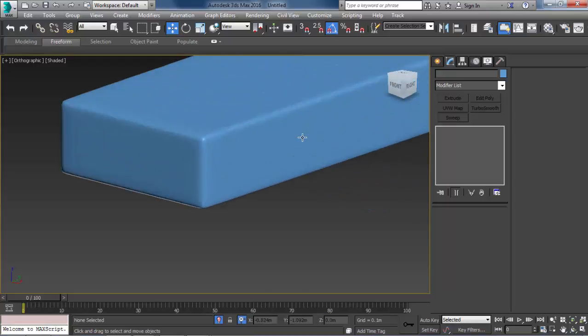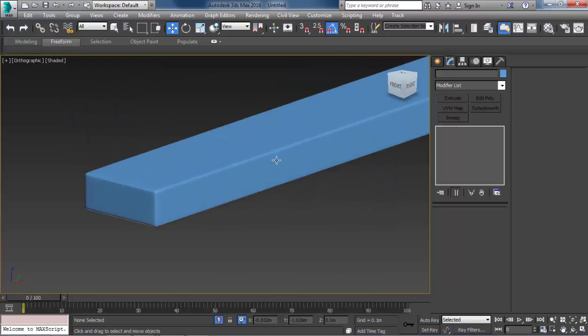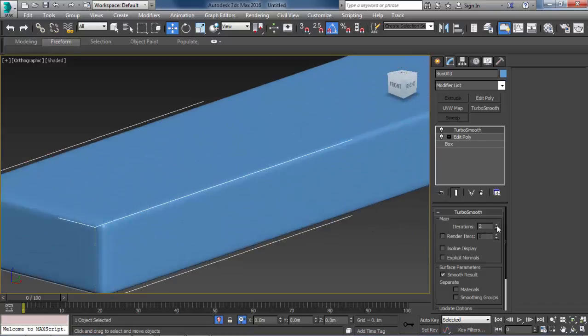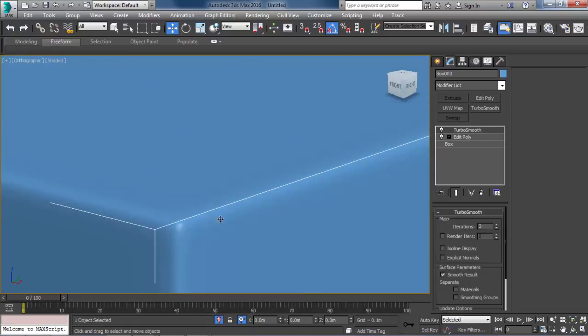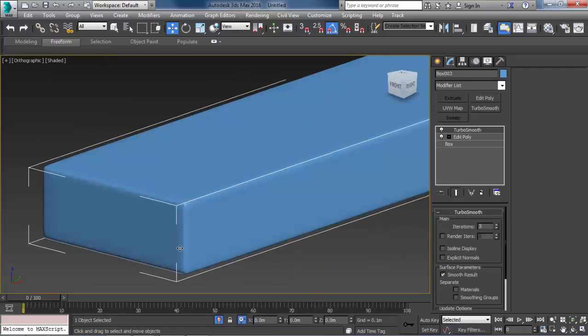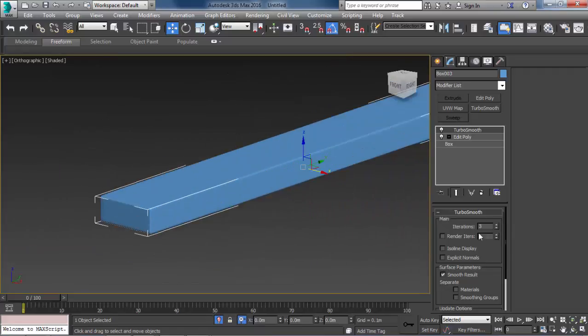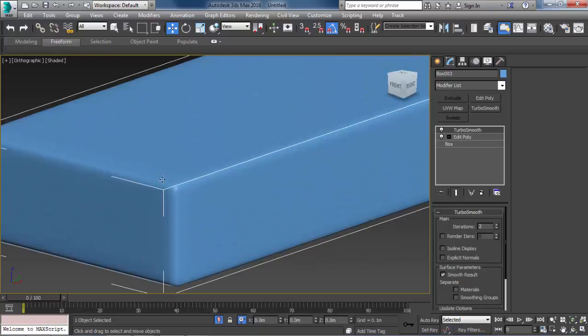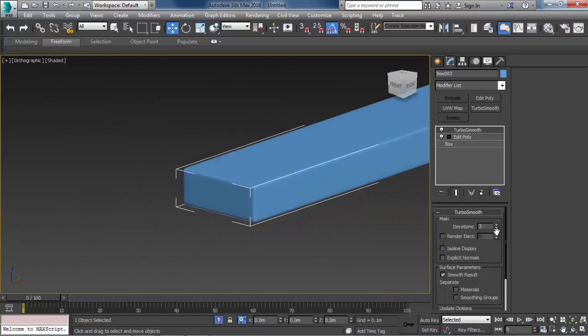Yeah, this looks pretty good. We can add 3 iterations to have a smoother result, but I would like to keep it at 2. Let's just make them 2 iterations.